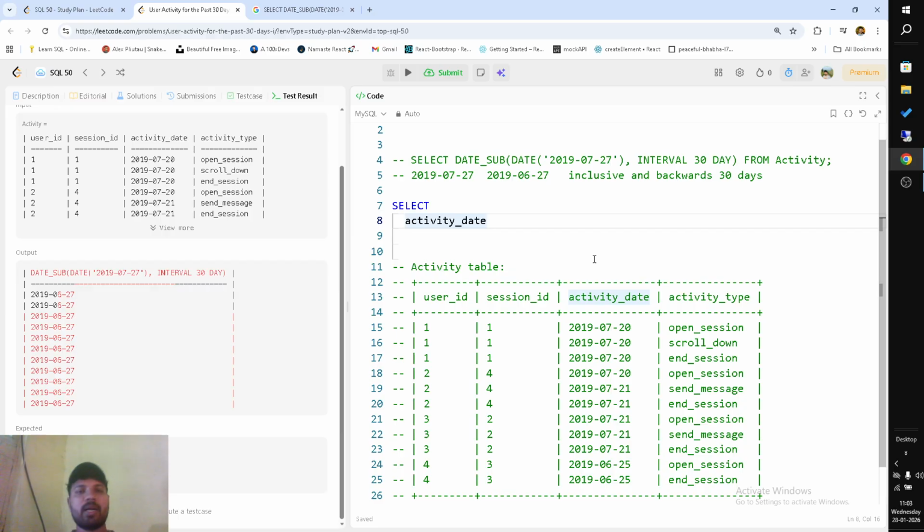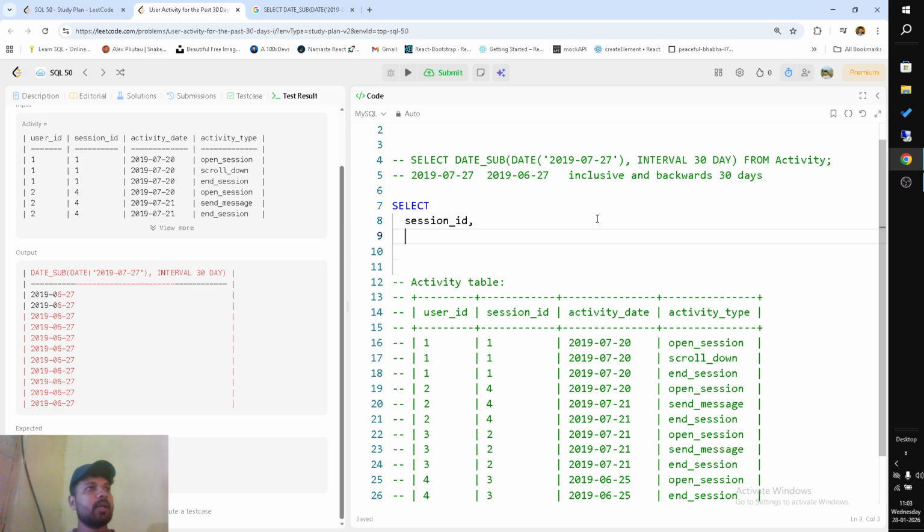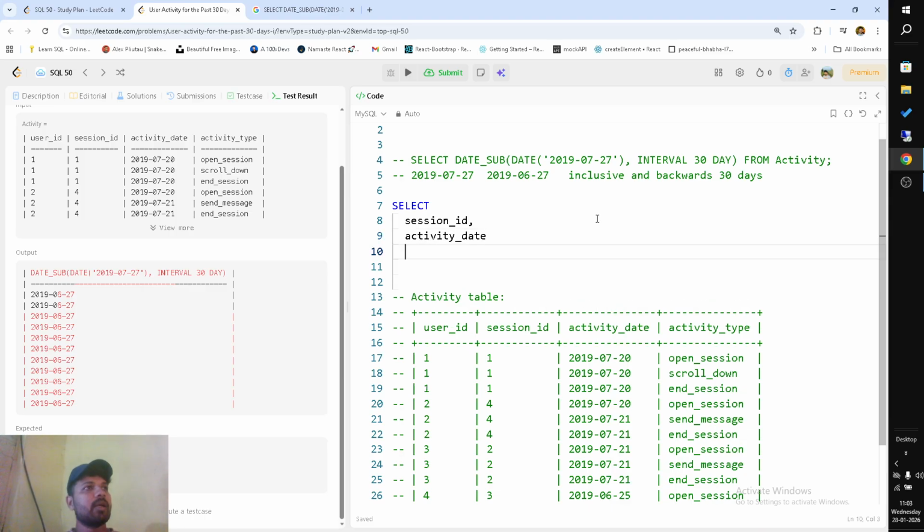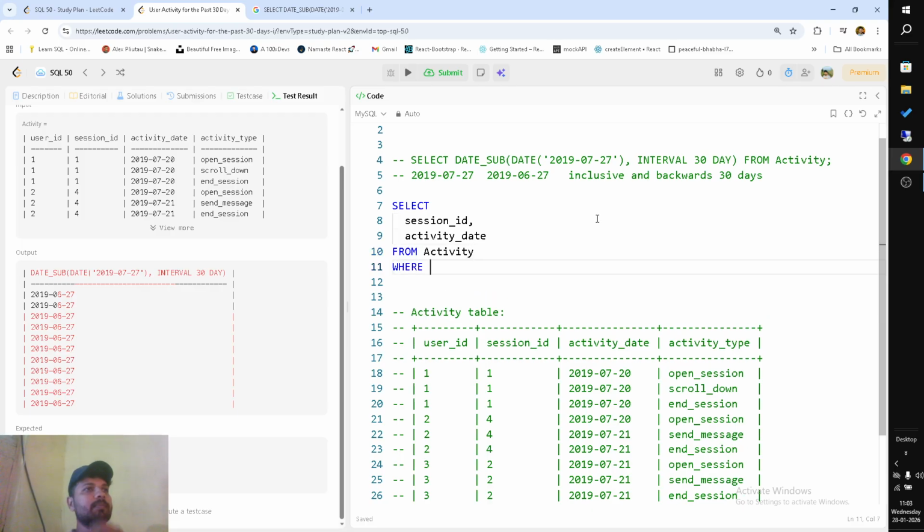We will use star here, actually, or we just use activity. No, we require session ID, and we require activity date, from activity where